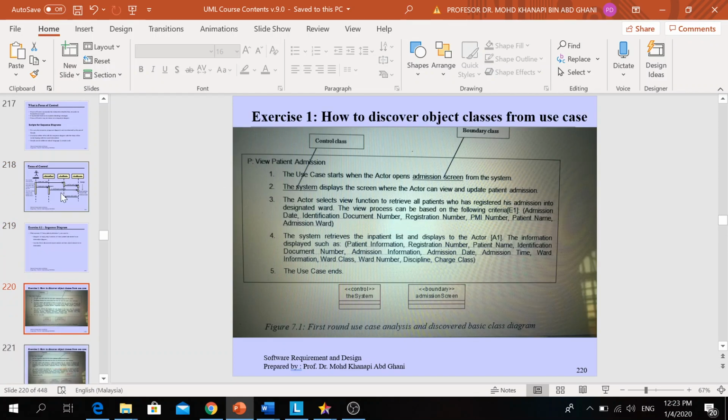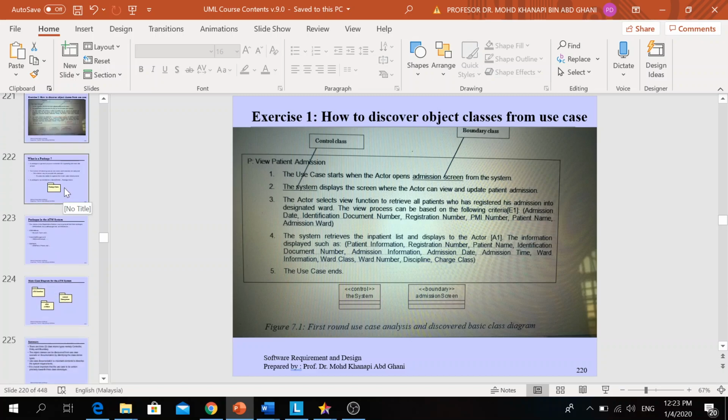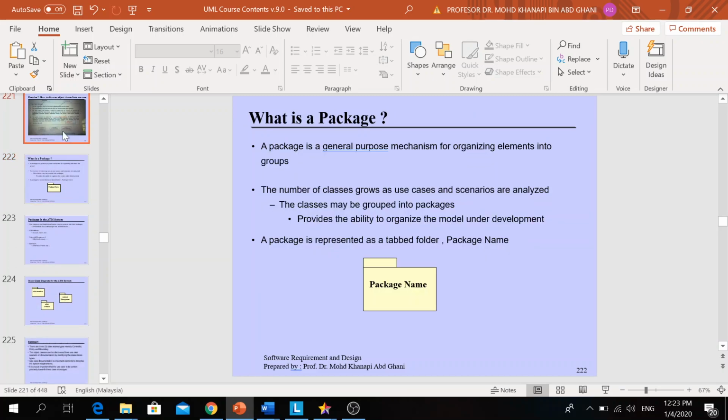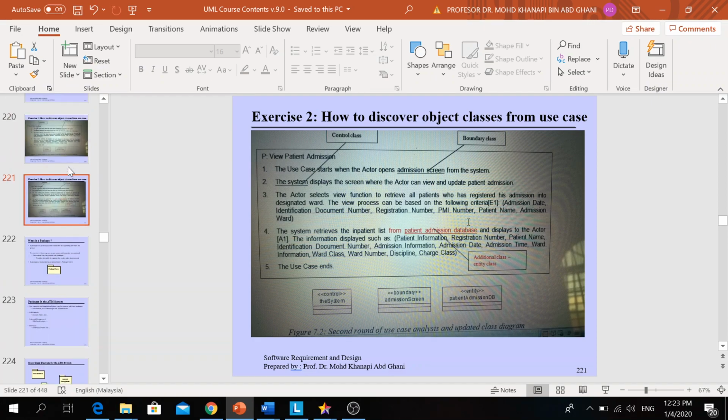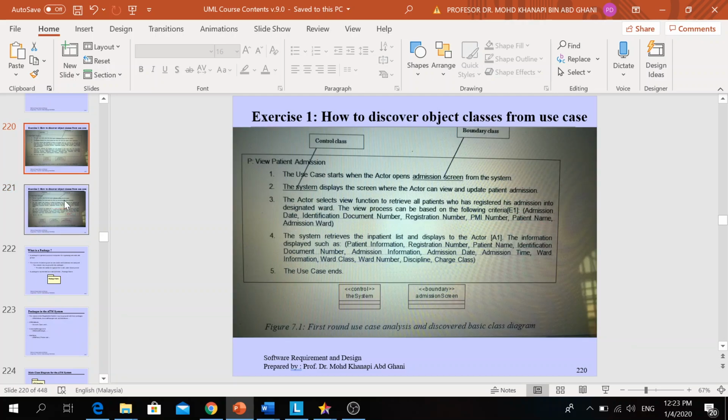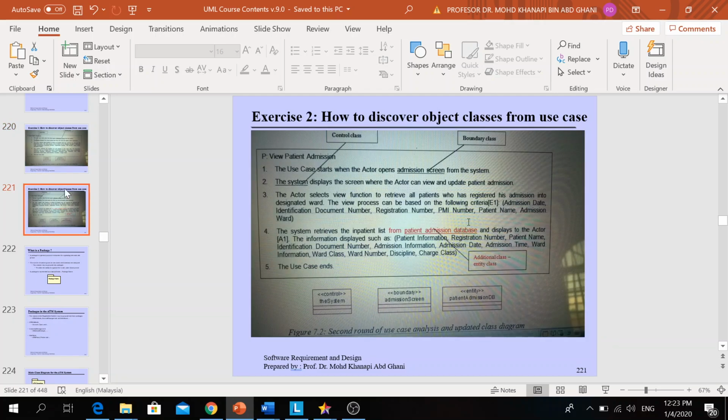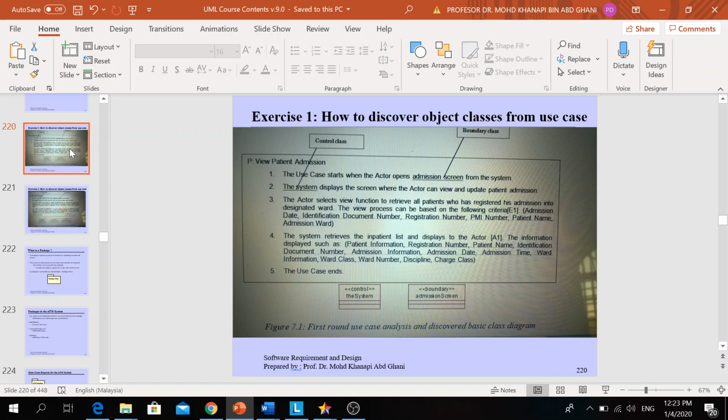Okay, class, I think that's all. How you want to discover your object classes, I already showed you in SSS 1 and SSS 2. Or you can refer to the lab module written by me on how to discover the object class from the use case.